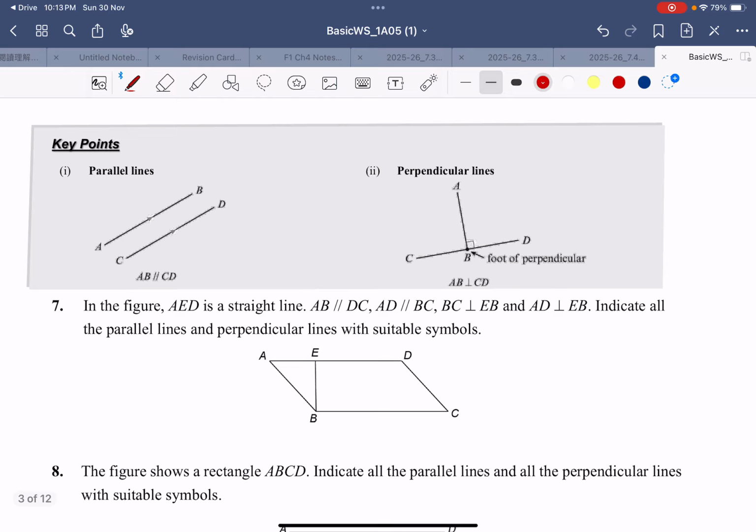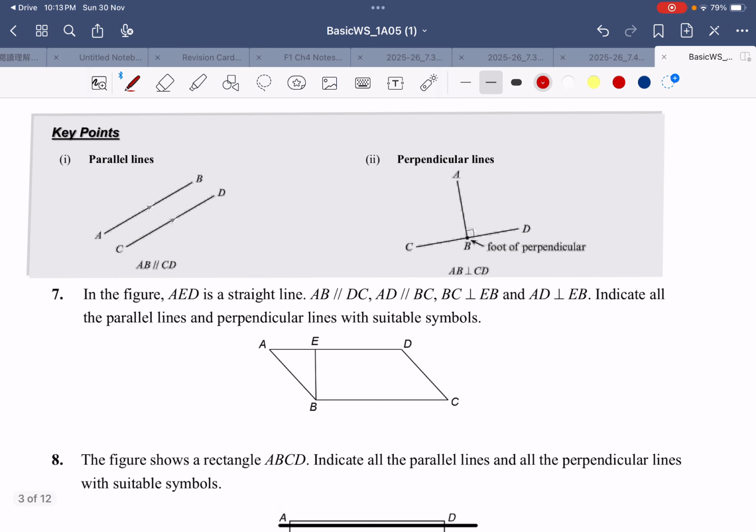So next, we talk about parallel lines. I've just mentioned if two line segments never meet each other, like these two lines, then we have a notation of this. Okay, AB parallel CD, AB parallel CD. That means these two line segments never meet. And